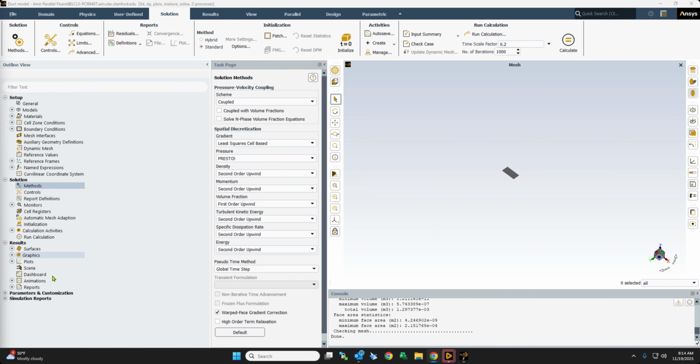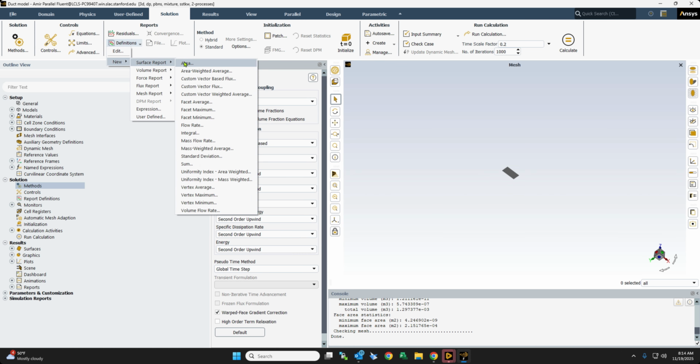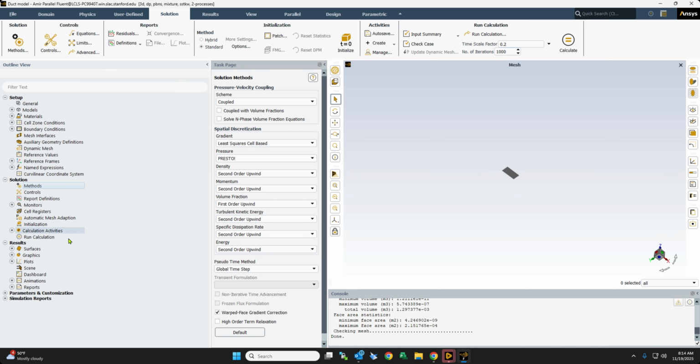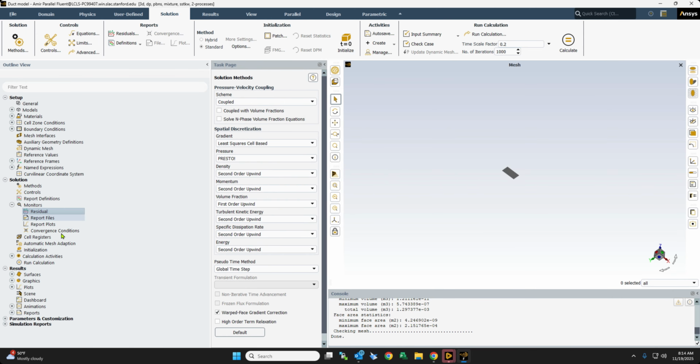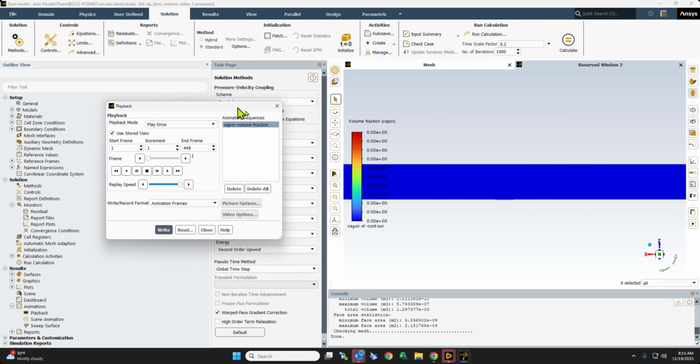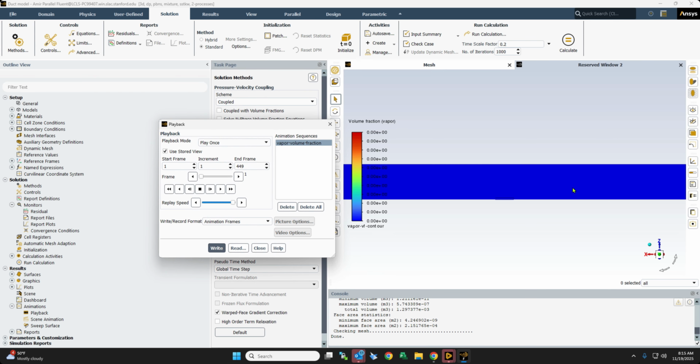I've already finished the simulation here to save time. So a couple of things you can define: definitions, surface reports to monitor the parameters that you want to see the convergence. That's one of the things that you can use as your monitors. So we have residuals here. We are monitoring, but you can always add additional reports. Yeah, as I mentioned, I've already run this problem, so we just show some quick overview of the